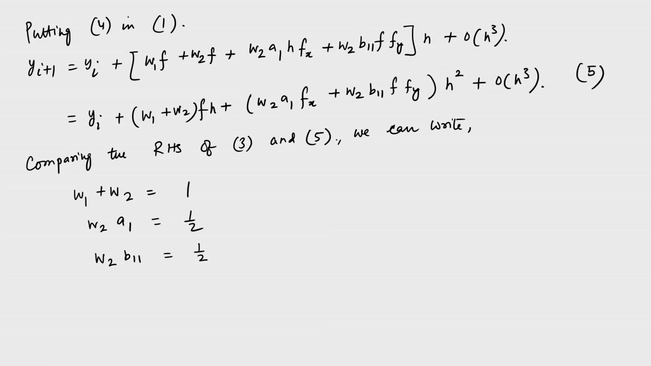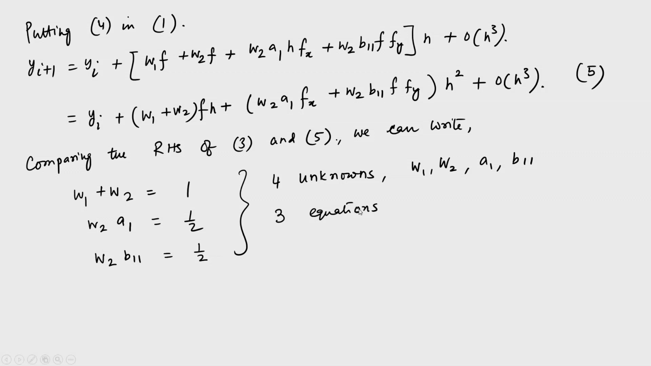All these are fine, but then you land up with a problem that you have 4 unknowns, namely, let us write it as the ones that are there before: W1, W2 and A1 and B11, and only 3 equations. So, an unambiguous solution is not possible, but then even if we do not get an unambiguous solution, we get